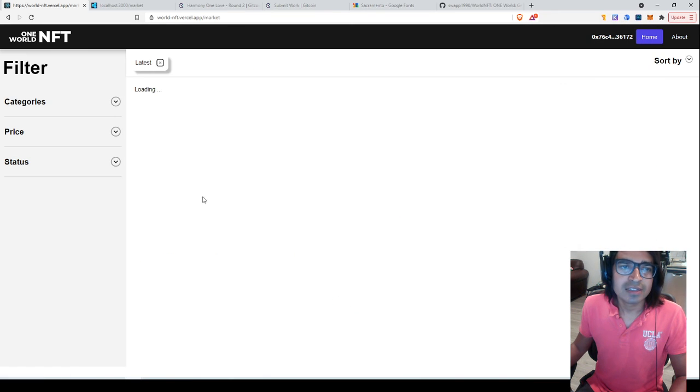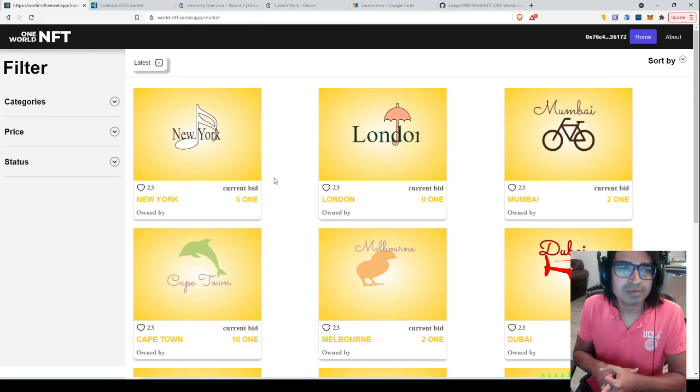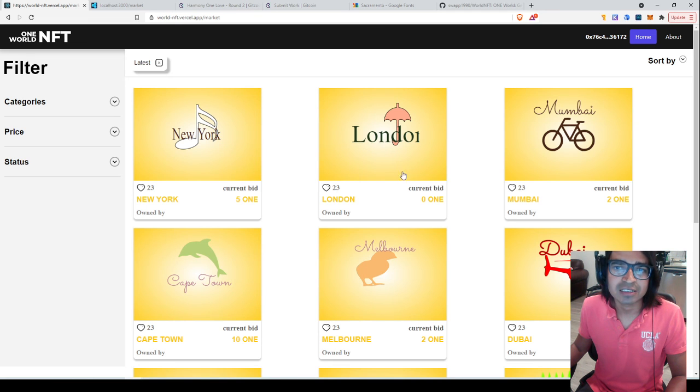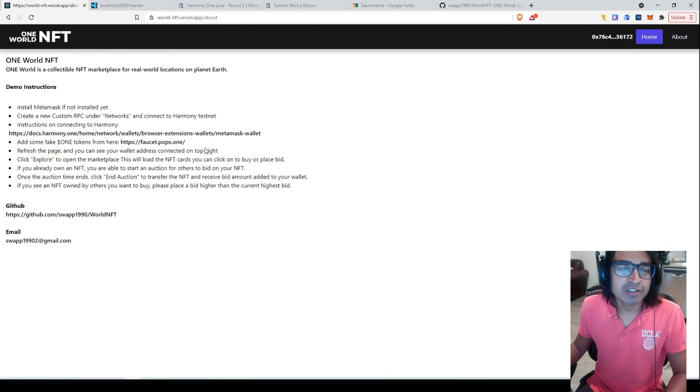So this is how the simple marketplace has been developed for the Harmony blockchain. And as I said, the Harmony blockchain is better than the Ethereum blockchain because it has faster transactions, less gas fees, and it is much better to play this kind of fun games on it, I think, and develop more Web3 applications for it. So hopefully you get to try this. Go to this URL and try it out yourself. You can get free tokens and play around with it, and let me know if you have any questions.